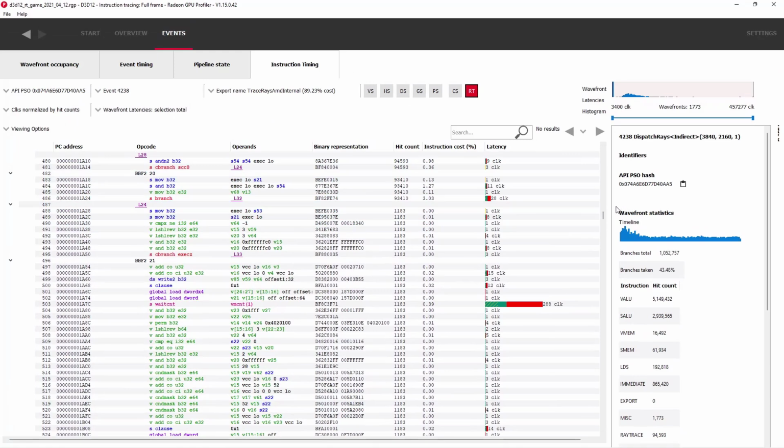As part of this work, we have written the new ISA view code such that it can eventually be used in other tools, like the Radeon GPU Analyzer, which also displays shader ISA. Our longer-term goal is that any AMD tool that shows ISA code will do so in a consistent manner using this new view.